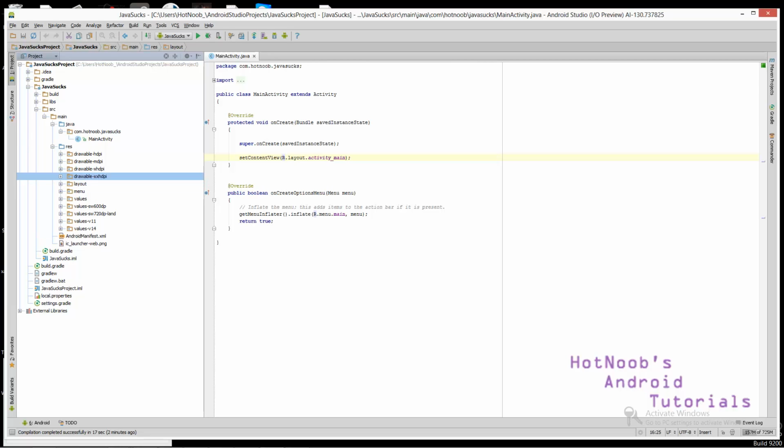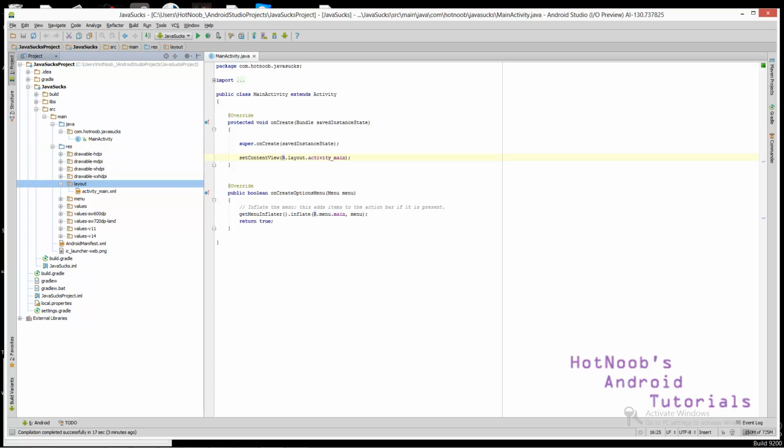Drawable. This is where you put your images in, and again, this is pretty ridiculous. I haven't tried putting an image in, but it's ridiculous. What we have here is each folder has sizes, for the different screen sizes. So you need to create an image for each one of these sizes. Maybe if you put one in the highest resolution, it'll automatically size them down, but I have a feeling it doesn't do that. They should do that, or at least have an option for it. But anyway, these are your drawables. This is where you put your images.